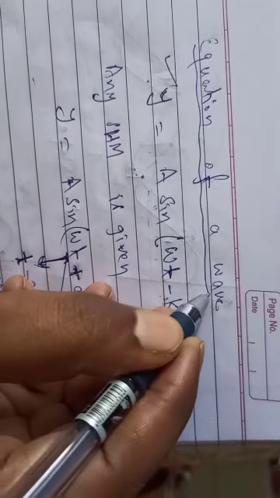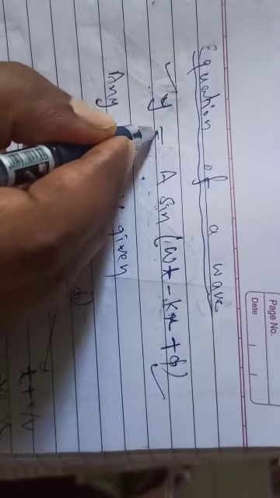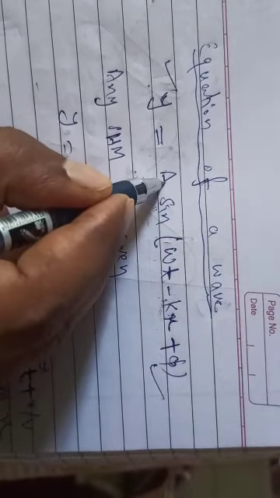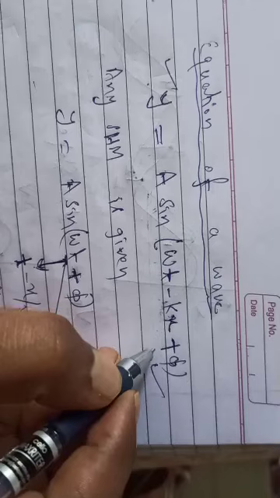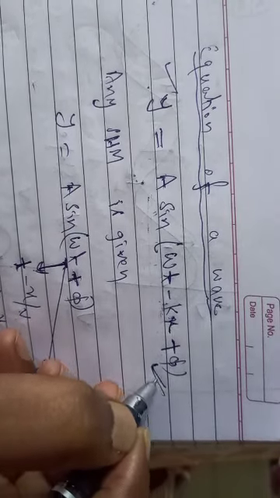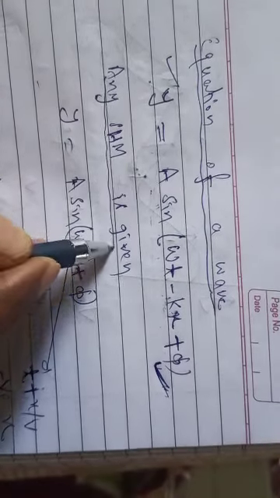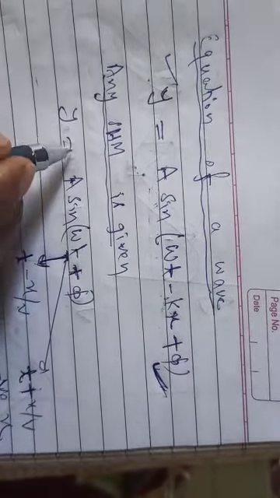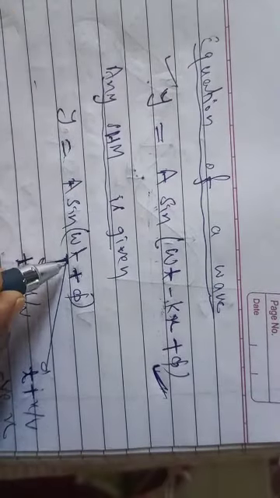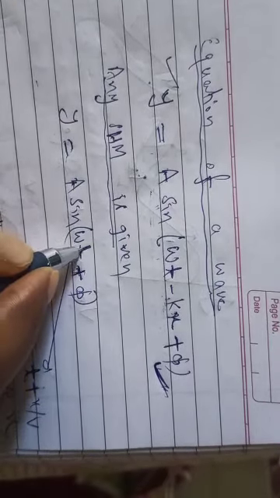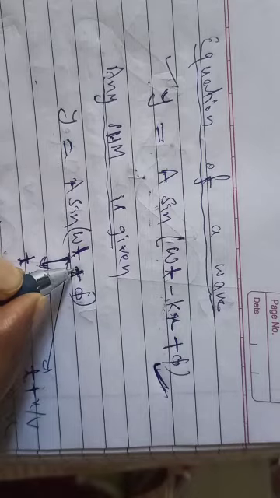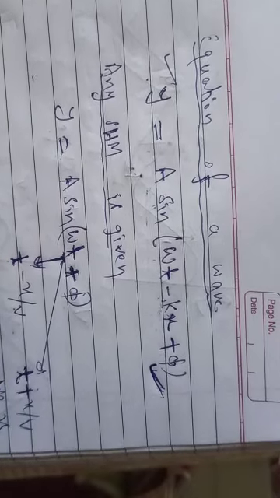Till the previous class we did this equation of the wave, y is equal to a sine(omega t minus kx plus phi). This is the general equation of the wave. In fact, any SHM is given by y is equal to a sine(omega t plus phi). And if you want to convert this equation into the form of a wave, then what you have to do,